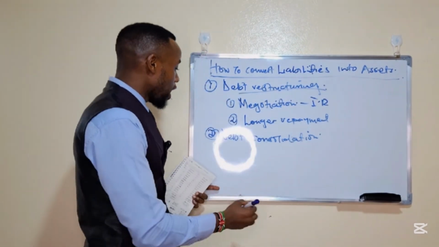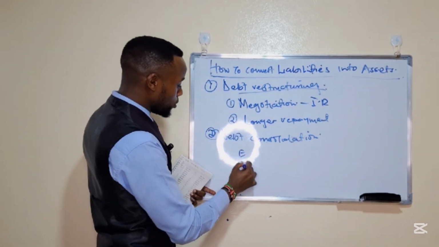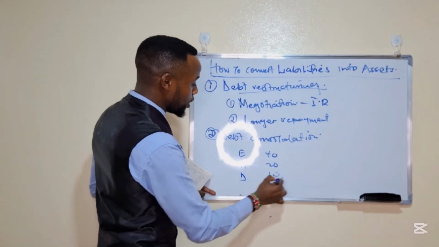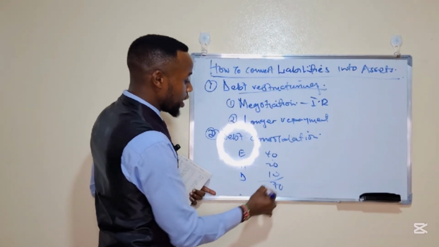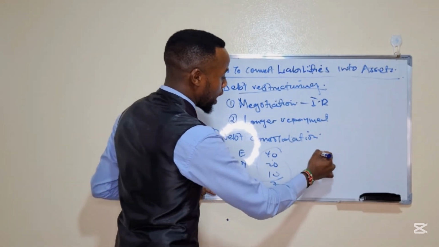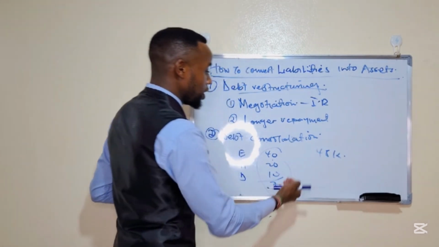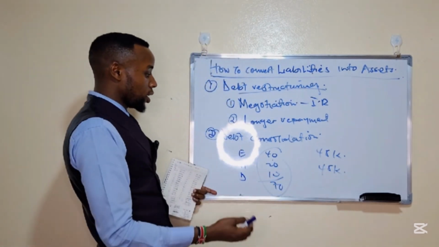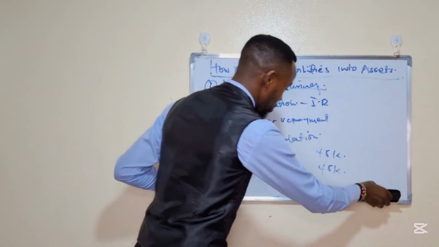For example, you can have an emergency loan, a normal loan, a development loan, and so on, and this one you are paying 40, 20, 10. This one is 40, 60, 70. And then you consolidate all these debts into one particular debt where you're going to pay an amount close to 45K, and you make sure that the rest of the amount goes back to your pocket. That is debt consolidation. Oh, fantastic.